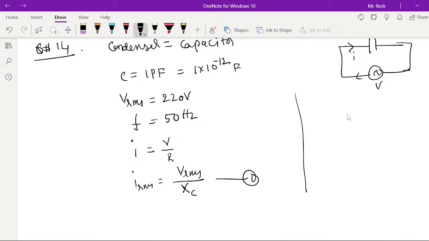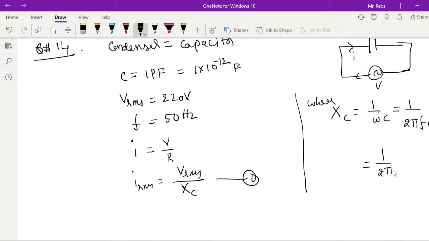Here, calculate this aside. XC is the capacitive reactance, and it is equal to 1 by omega C. Inductive reactance is XL equal to omega L, but XC is equal to 1 by omega C. It is equal to 1 by 2 pi F into C. F is given, C is given. So by substituting this, find out XC is equal to 1 by 2 pi